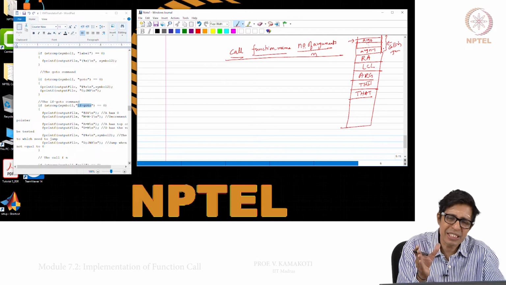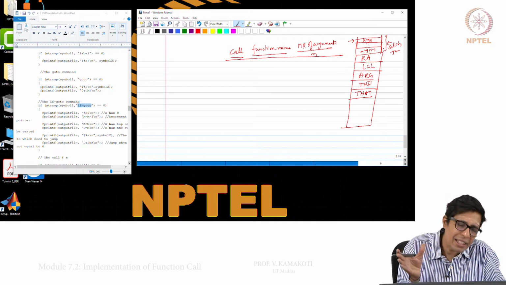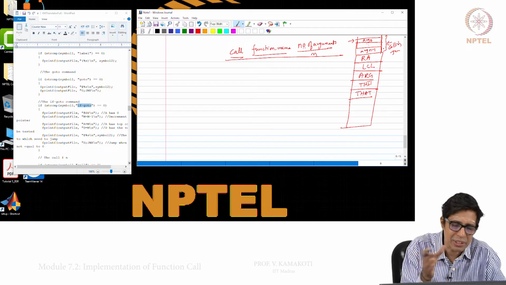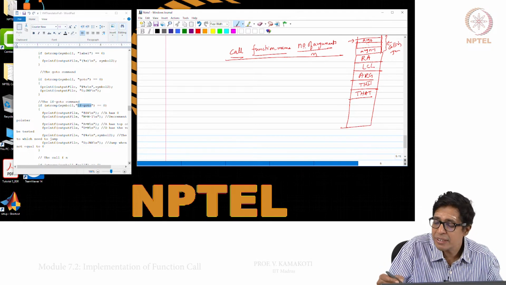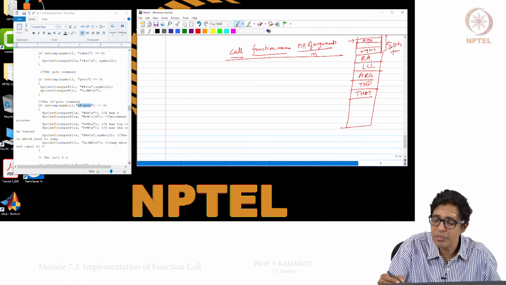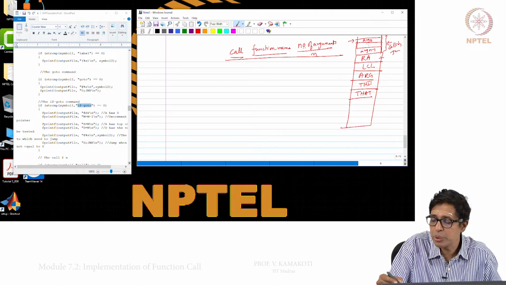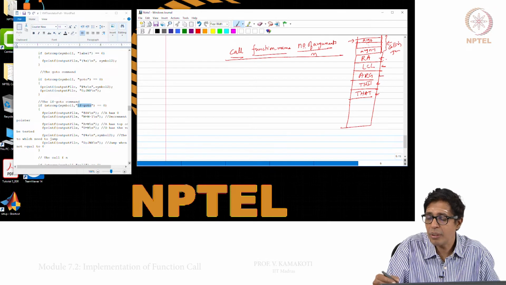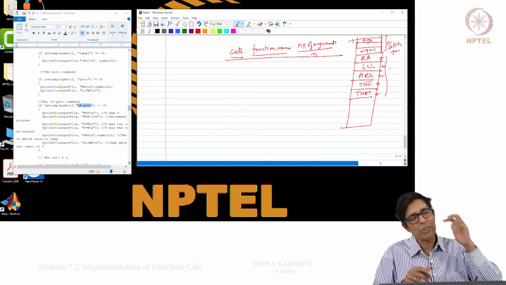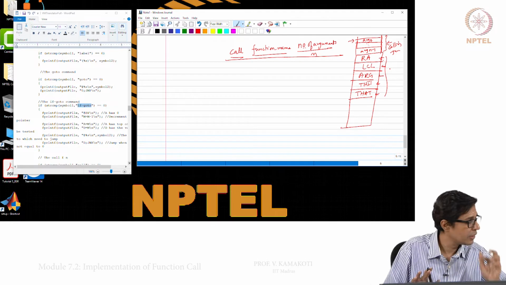So, the stack has the n arguments available when the call is executing. If you go on the top of the stack, in the first n locations you have all the n arguments available. Then when call executes, first a return address is put in, then the LCL of the calling function is put in, ARG of the calling function is put, and this and that of the calling function, because the calling function will also have arguments.